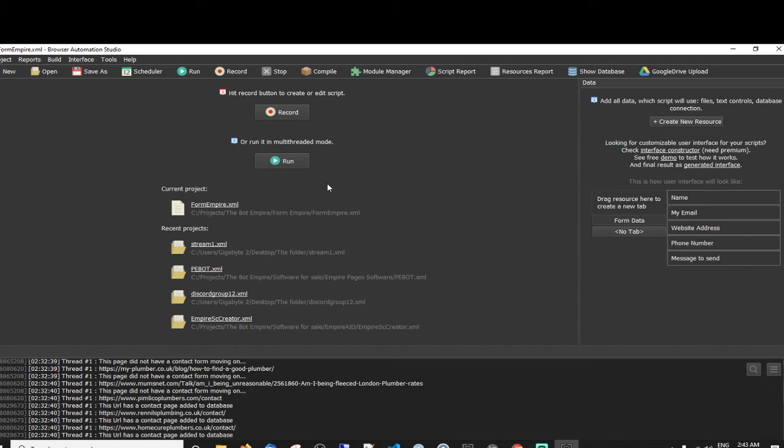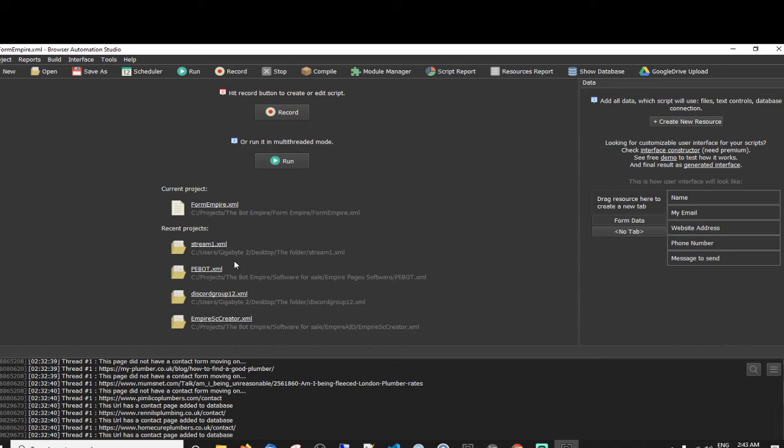The only thing that comes extra with the paid version is that you can make GUIs, graphical user interfaces, apart from the standard one, and you can protect your bots and use the licensing system. I haven't been drinking, honestly. So you can sell your bots and all that good stuff.